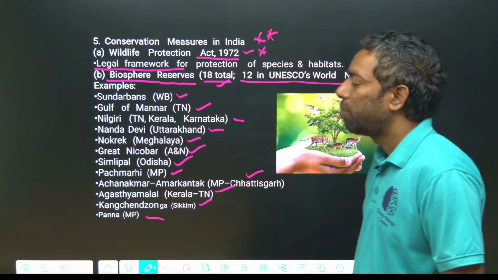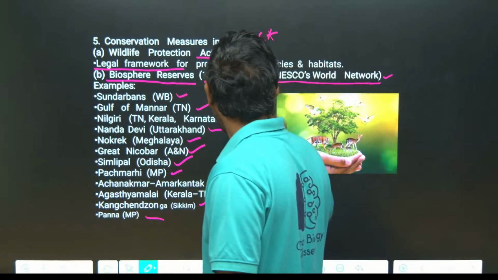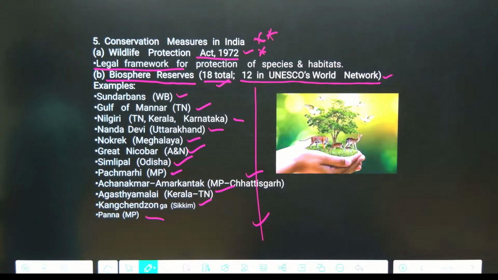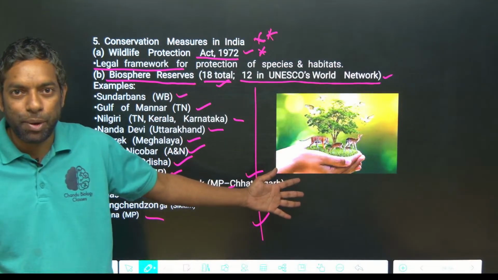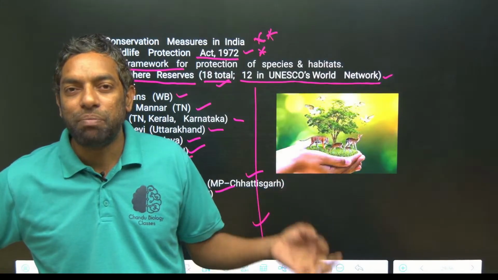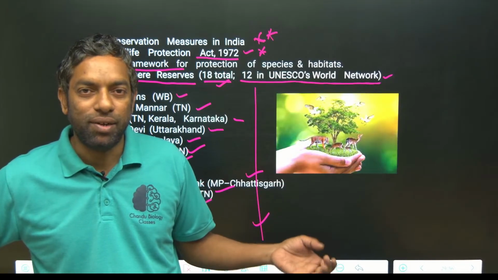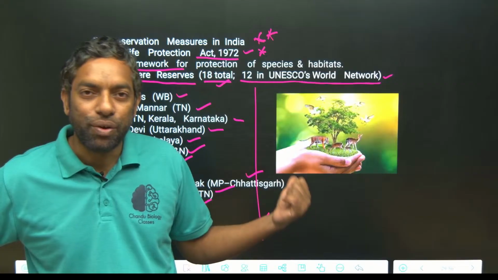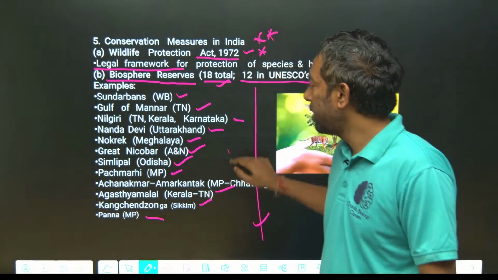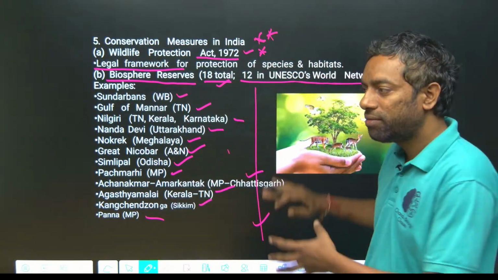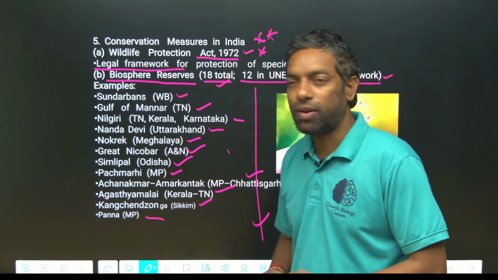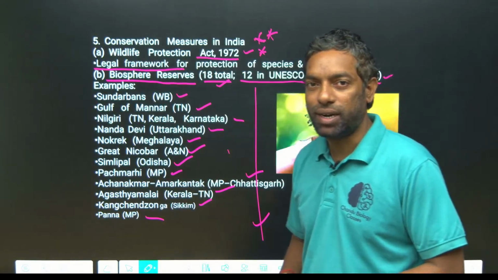These are the conservation sites, guys. These are like national parks, most important for the coming exam. They are mentioned in the NCERT, but I made a video based on recent current affairs, biosphere reserves and UNESCO World Heritage Sites. You have to go through that video, guys, so you may be clear about it. Up to that, focus on this as most important from the exam point of view, because they are mentioned in the NCERT. 11th class NCERT Geography, guys. You can go through that 11th standard NCERT also.